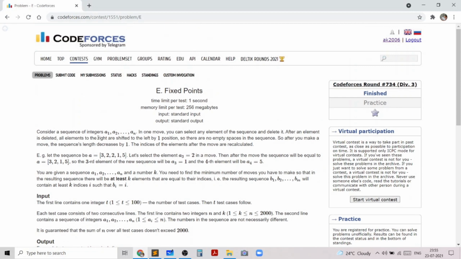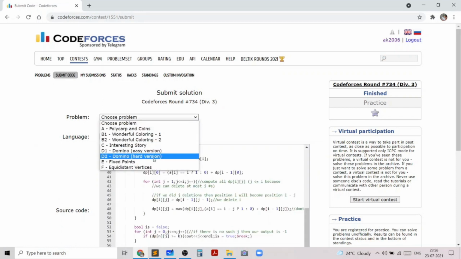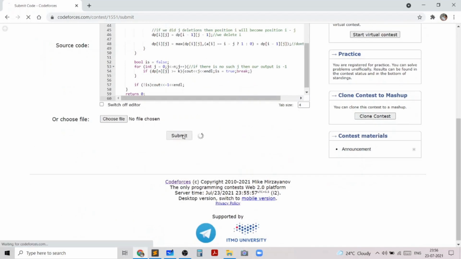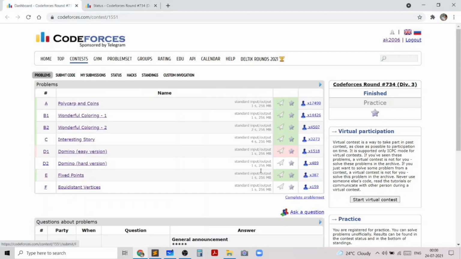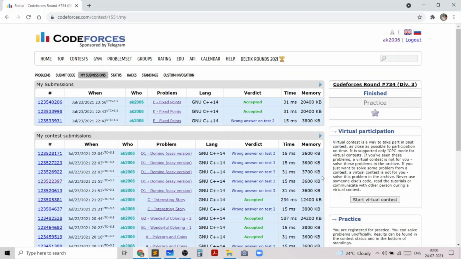So let's just submit this code to see that it gets accepted. As you could see, my code got accepted. I hope you like my solution to this problem. As you could see, this problem was a very simple two-dimensional dynamic programming problem with just too few solves, which made it look hard, but actually I hope this solution made it very simple for you. So thank you for watching this video.